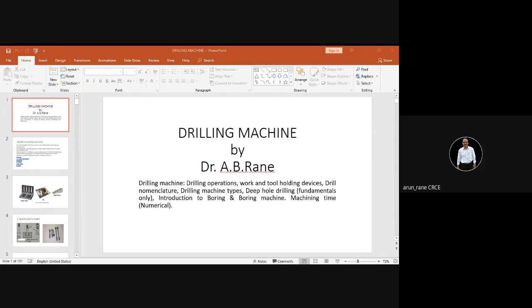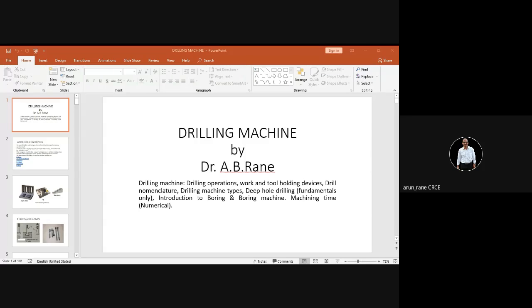So now we are talking about milling operation. Since we are doing the numerical, I'll complete the numerical part so that I don't have to touch it again. We have seen that the feed rate I have given here is expressed in millimeter per revolution of the spindle.